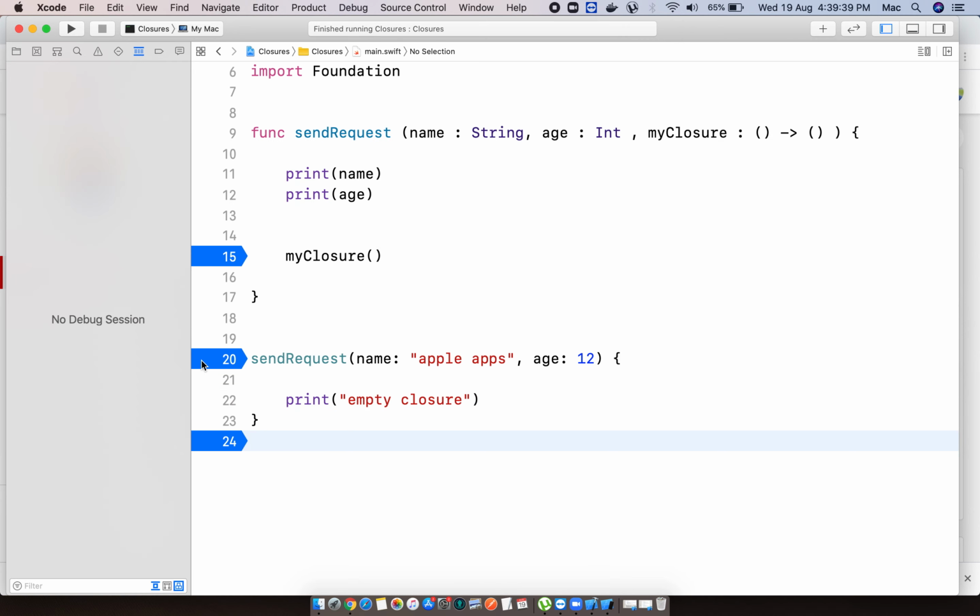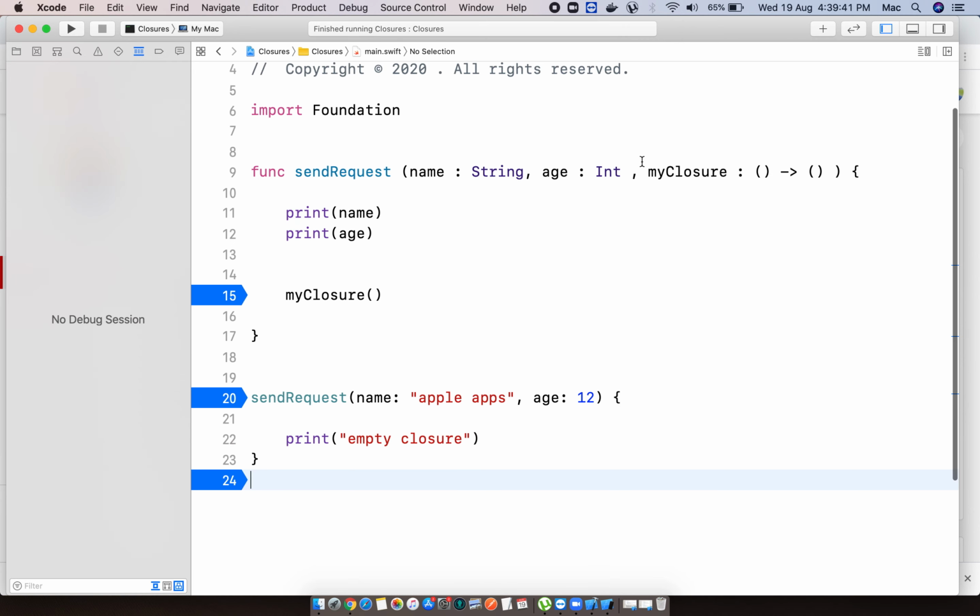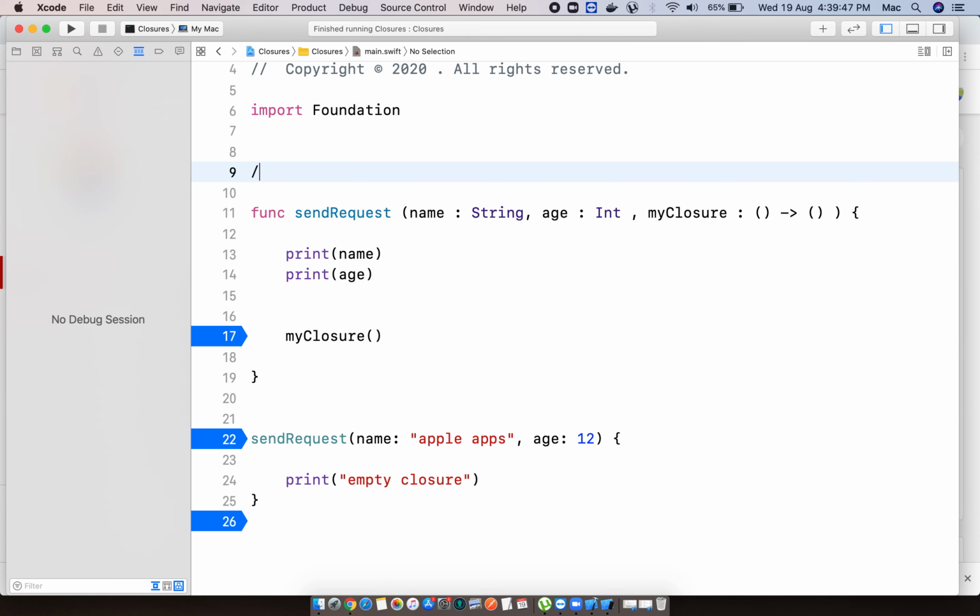Okay, here you should understand: if you pass a closure as a final argument to the function, we can call it a trailing closure. A very important interview question concept also. What's that? If you pass a closure as a final argument to the function, you can call it a trailing closure.